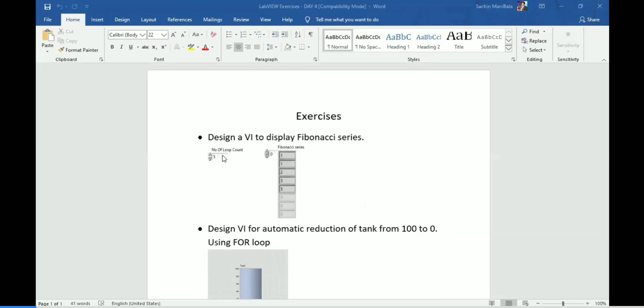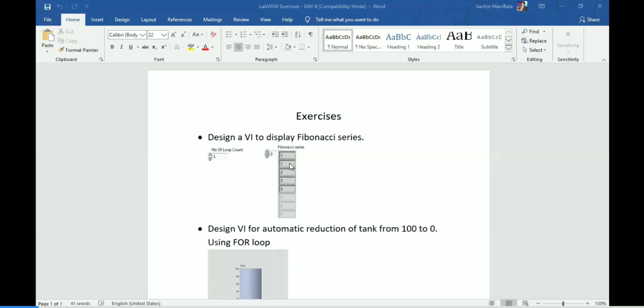Here the value 1 will be the initialized value. In text based programming, you initialize two variables, the i value and the j value. Here I am going to initialize two values, 1 and 1.